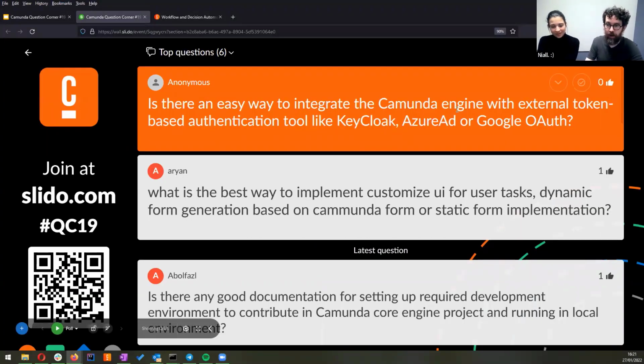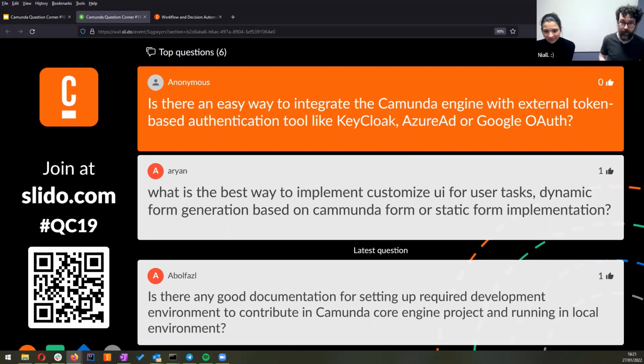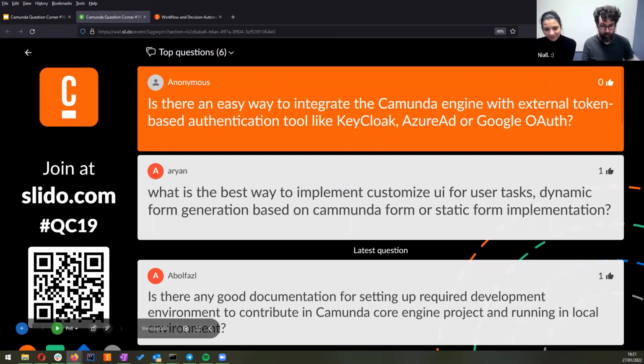And we have here the question that just got asked this moment, marvelously timed, where Keycloak is mentioned. The question is: is there an easy way to integrate the Camunda engine with external token-based authentication tools like Keycloak? Yes, there is. And we have the Keycloak plugin, which is pretty popular. And you can actually go to the Community Hub, check out, let me see if I can find it, Camunda Keycloak. It is probably the most popular of the plugins